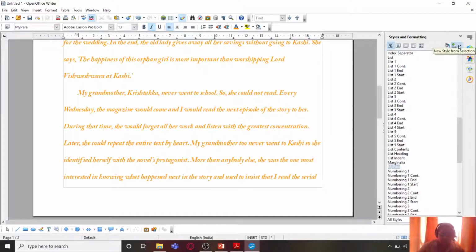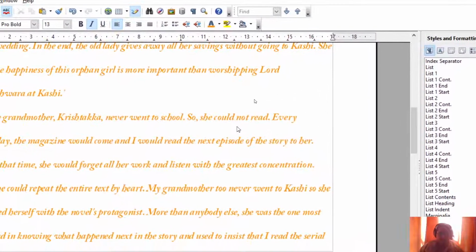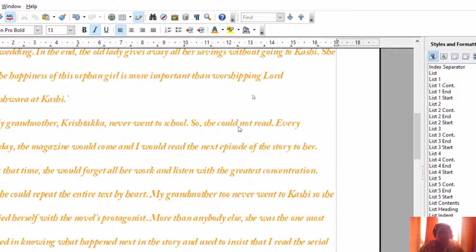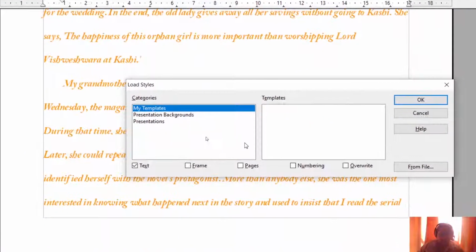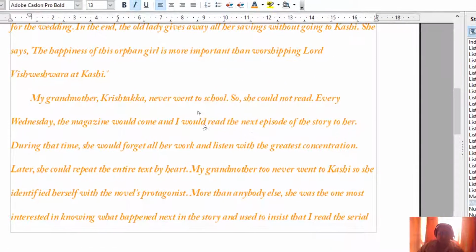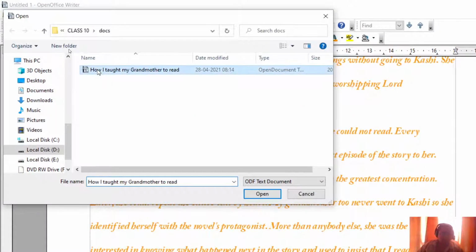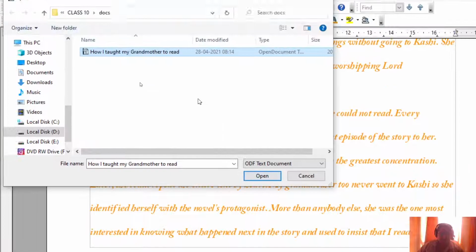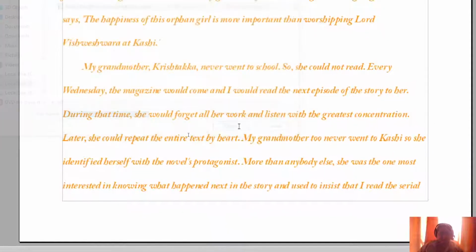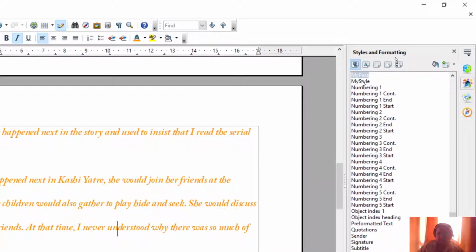So I'll be going to this option, that is new style from selection. I'll be going to load styles, and I'm going to load that document over here. So for that I'll be going to from file, and I'm going to load this document, and I get my style over here.